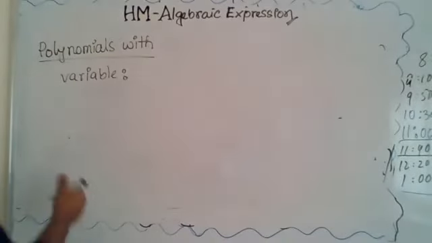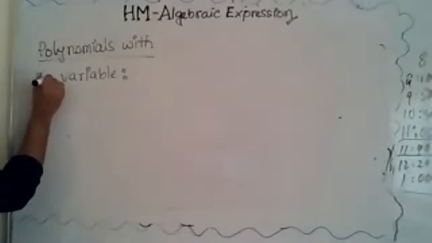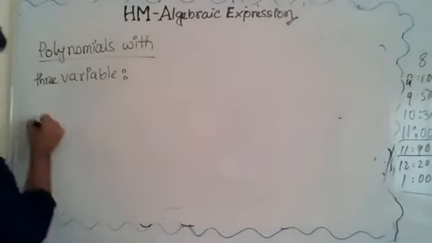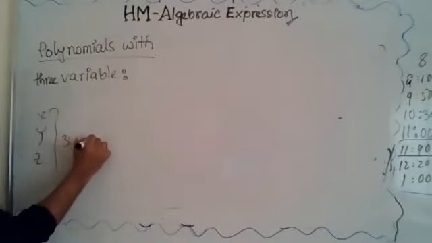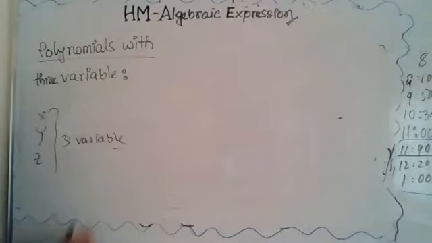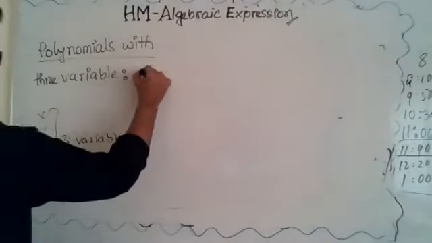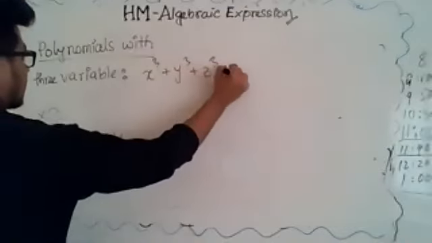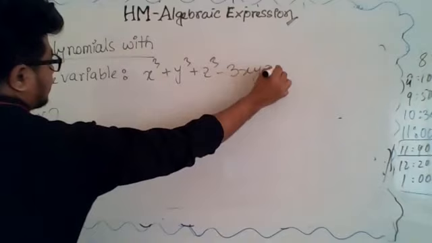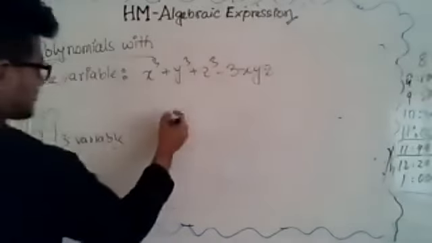So 3 variables. Definitely there will be x, y, z. You can guess it. These 3 variables will be there. So if I write a variable, for example, this is a variable, okay? Now the general term